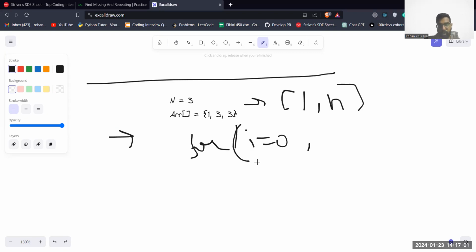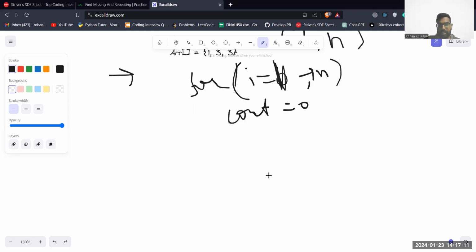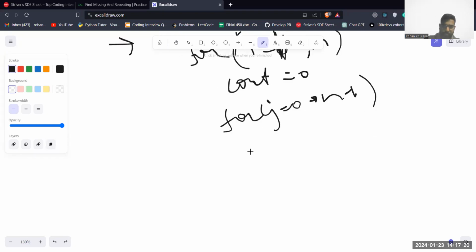It was for LeetCode only. You can run your loop from i equals to 1, not 0, and go till n inclusive. You can have a counter here, which is 0, and you can run a for loop of j, which will start from 0 and go till n minus 1, and you can check